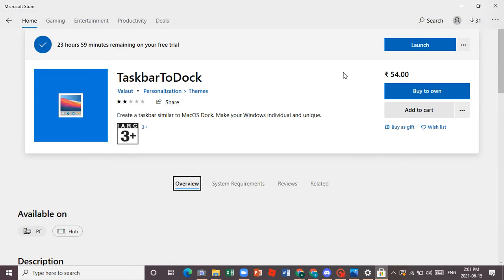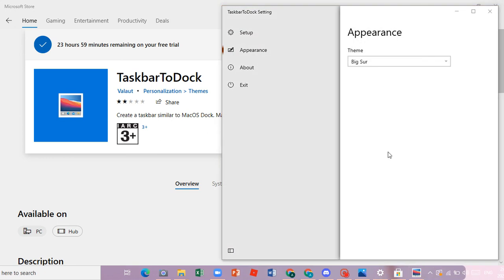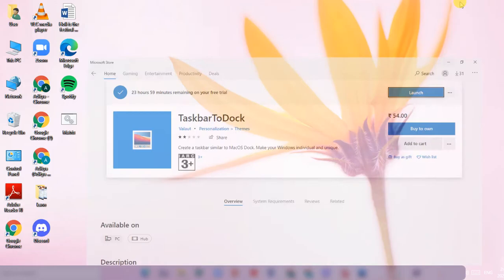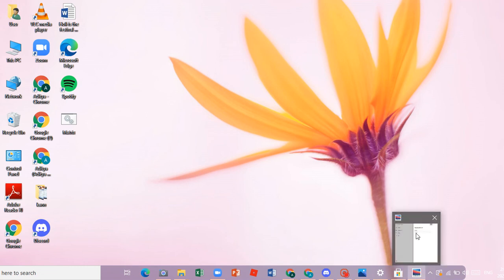They don't come actually now. If I say, let us say launch it. Okay, I'll say launch. Now it has turned into a dock. Appearance. Now it'll actually take, I don't know, I can't see anything. Okay, yeah, that was a thing. But actually, if you can move the taskbar properly, I don't know what happened.